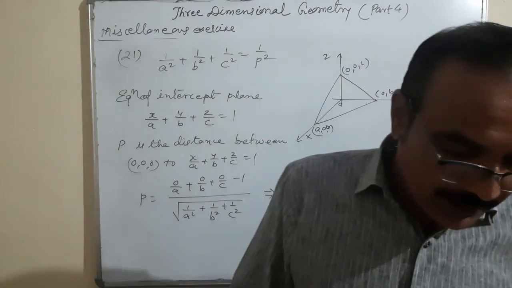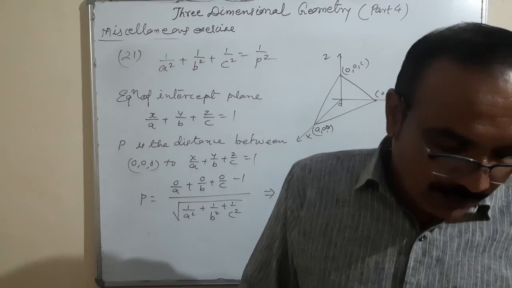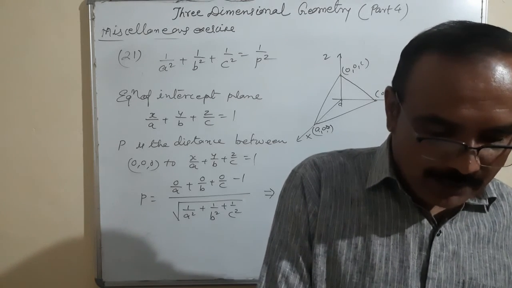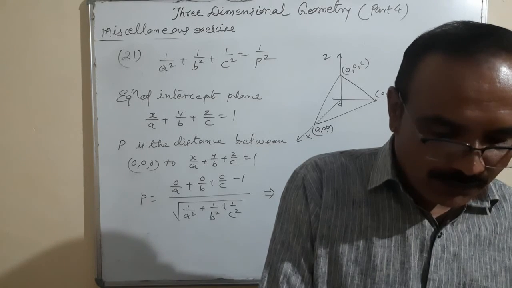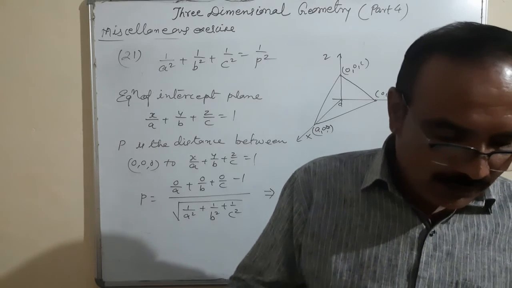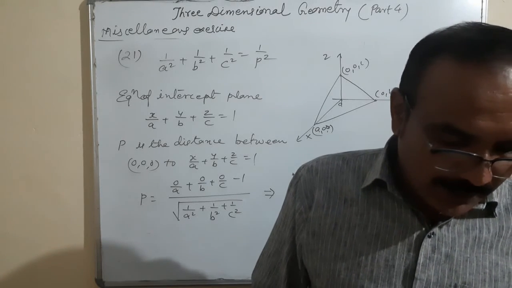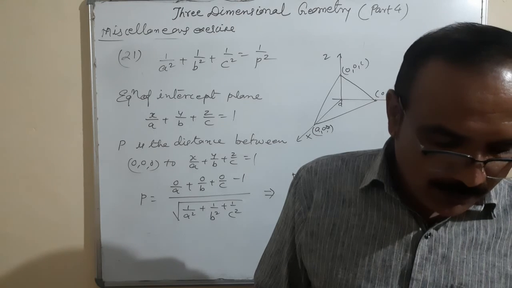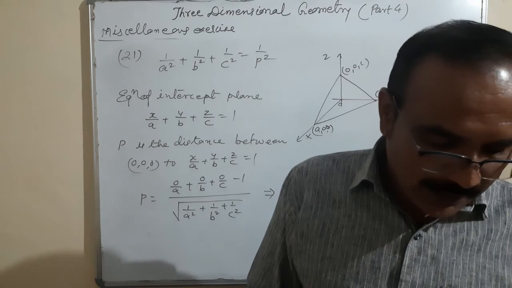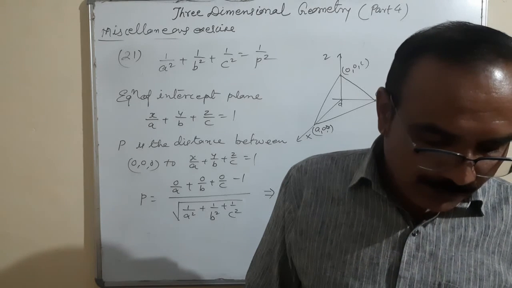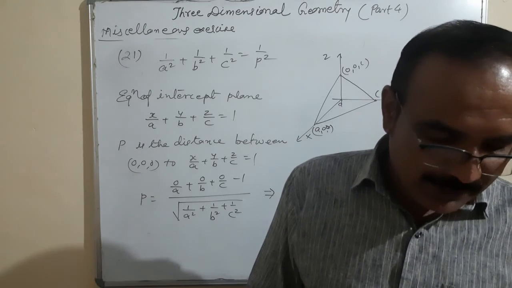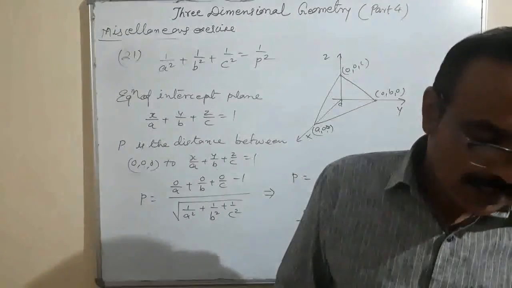Now two questions are given. First, the distance between two planes. We are going to find the distance between two planes, so simple. It is 2x plus 3y plus 4z is equal to 4, using the distance formula. Second, two planes are given, are they perpendicular, parallel, or what? The planes have direction ratios 2, minus 1, 4 and 5, 2.5 and 10. So their direction ratios are proportional, that means both the planes are parallel.